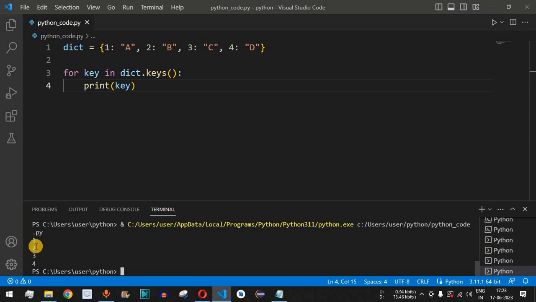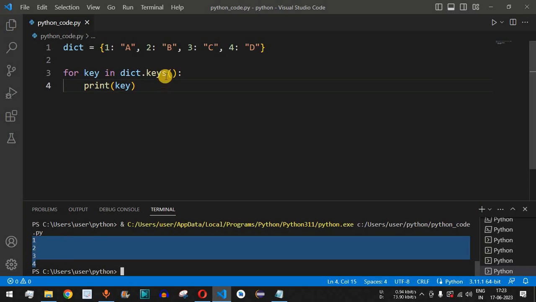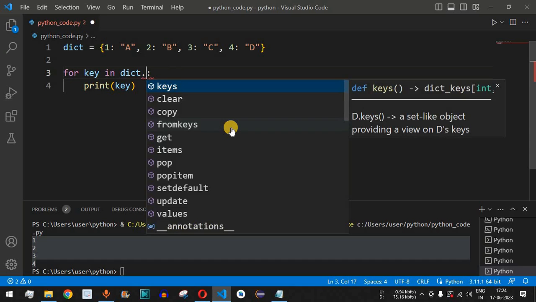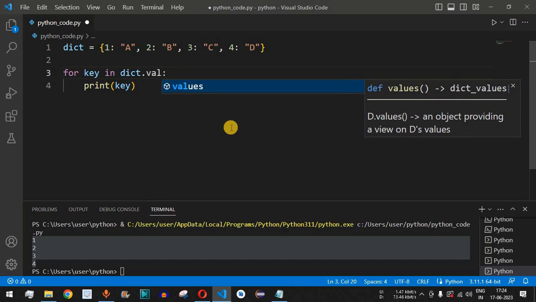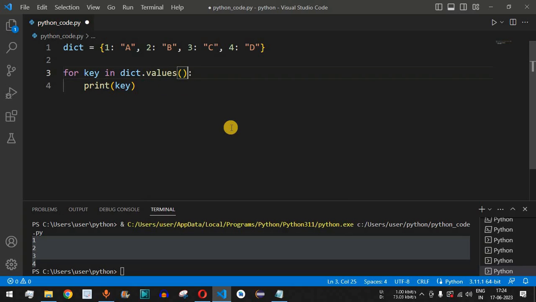Now guys, let's say if we want to print all the values instead of these keys, so what we can do is instead of using these keys function, we can simply use the values function in that case. So dict followed by dot, and then we have something called as values function. So guys, this time we will get all the values that are present inside the dictionary. We will change the variable as value over here so that we can understand that variable represents the value of the dictionary. So over here we are saying value, and then we are using the values function in this case.